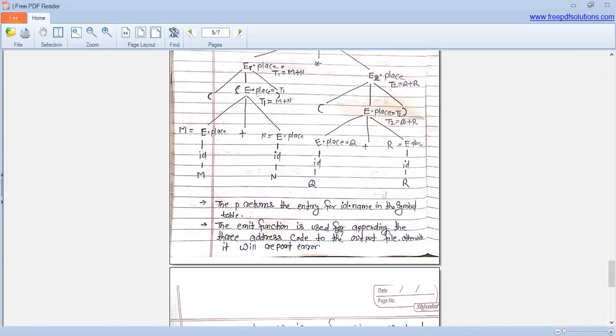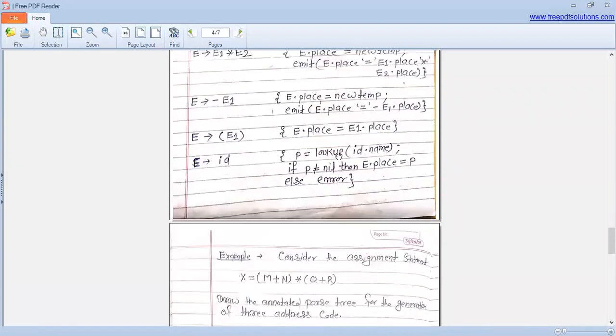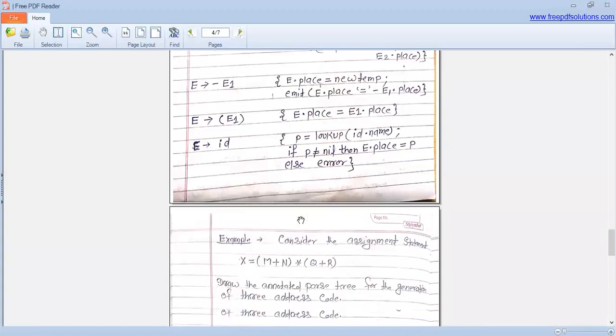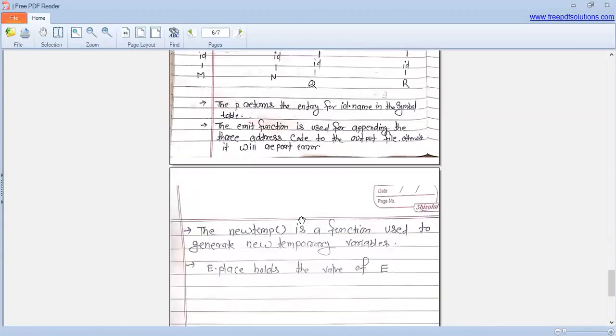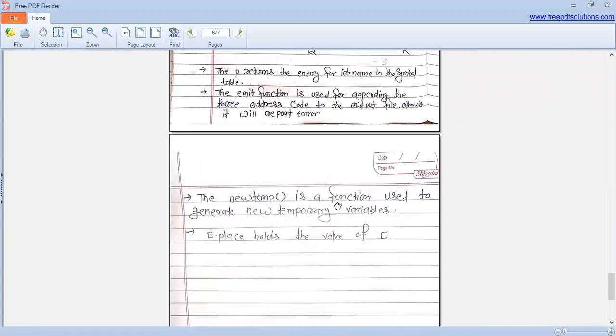The emit function is used for appending the three address code to the output file. Otherwise, it will report an error. So the emit function is used in the semantic rule for appending the code. The new temp is a function used to generate new temporary variables. E.place holds the value of E.